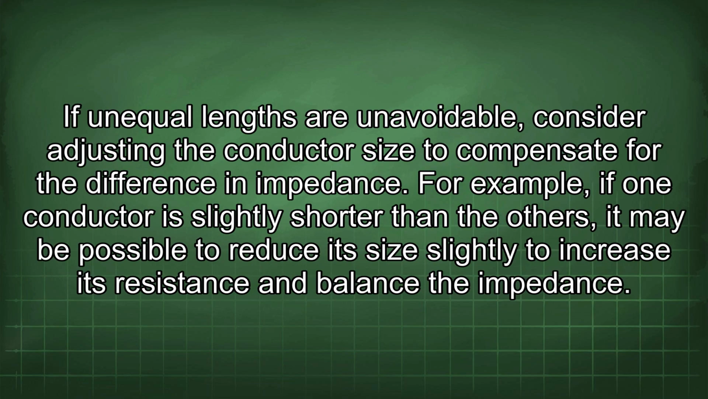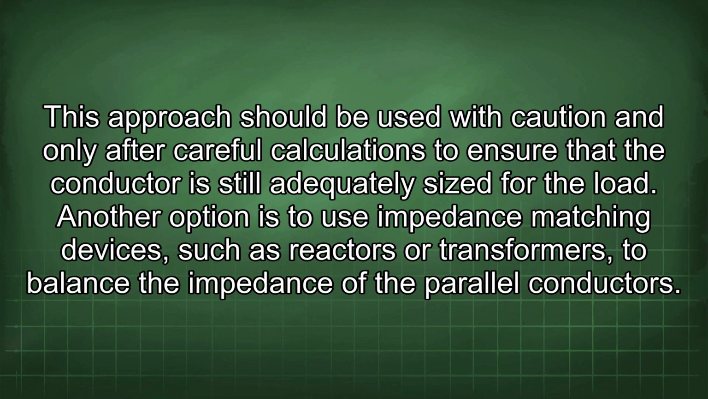If unequal lengths are unavoidable, consider adjusting the conductor size to compensate for the difference in impedance. For example, if one conductor is slightly shorter than the others, it may be possible to reduce its size slightly to increase its resistance and balance the impedance. This approach should be used with caution and only after careful calculations to ensure that the conductor is still adequately